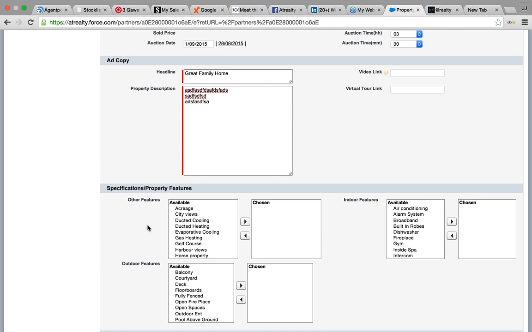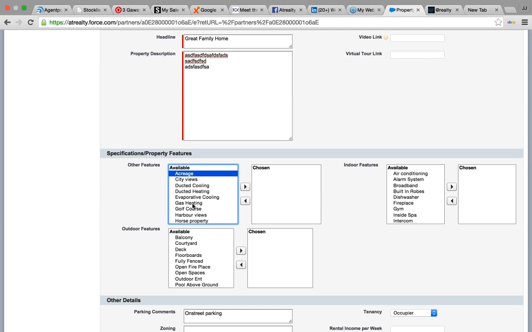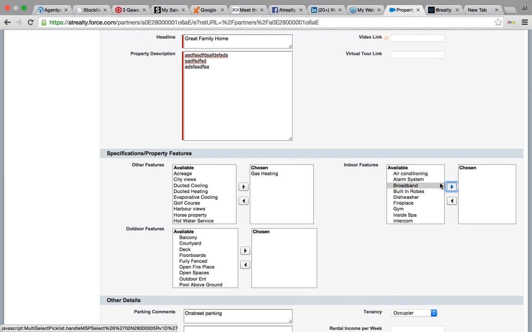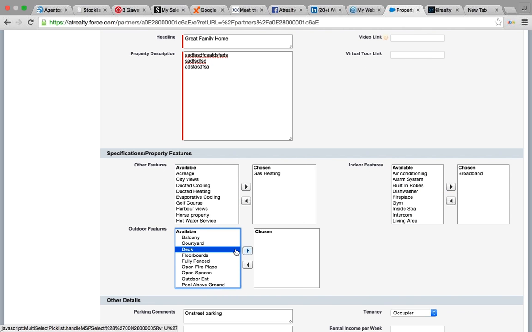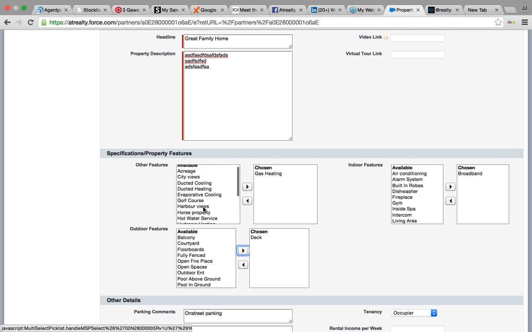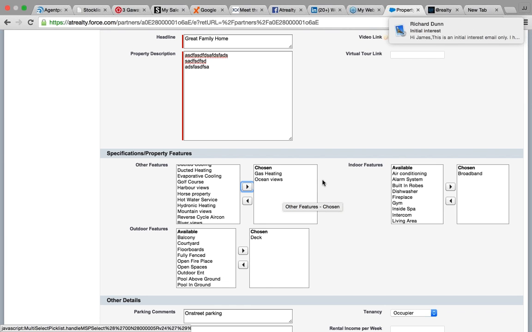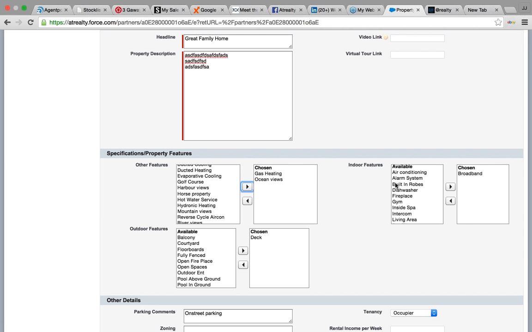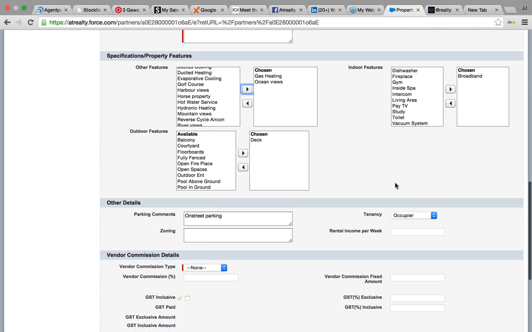So scrolling down, I've got a lot of features that I can add. So I'll say, there's gas heating, broadband, there's a deck, and all sorts of stuff. So you'll notice that there are a lot more features than there were previously. That's features for the other websites as well, not just realestate.com. So for example, ocean views, whilst it's in here, that won't push to realestate.com because they just simply don't have that as an option. So scrolling down,